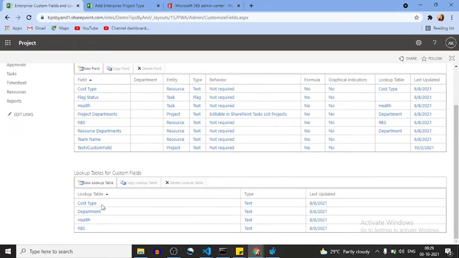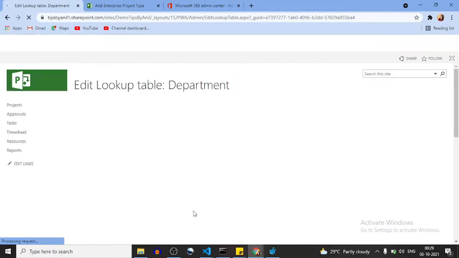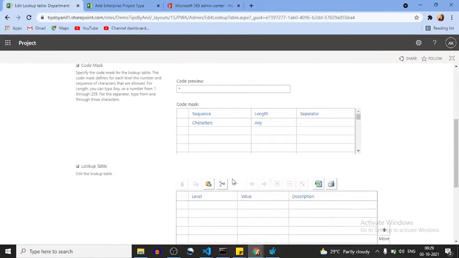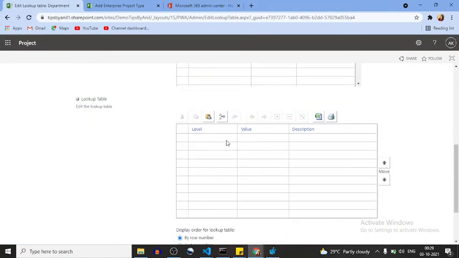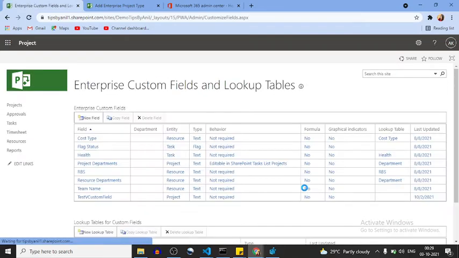Now here if you see the department column, this is a lookup table custom field. In the lookup table, here we can define the label or the value. So the values mean IT, CS, HR. Okay, so these values I have defined over here. Now suppose I'm going to click on the save button.